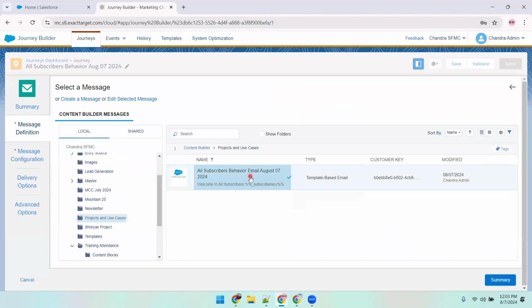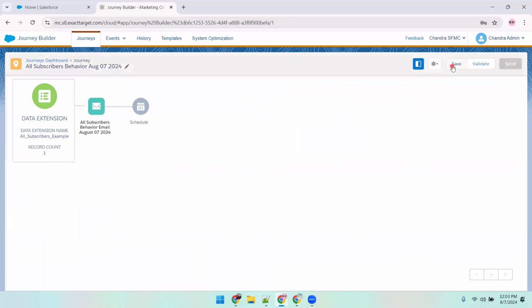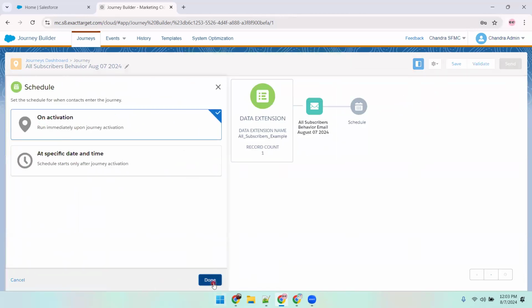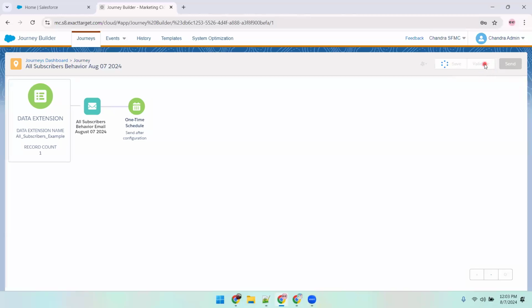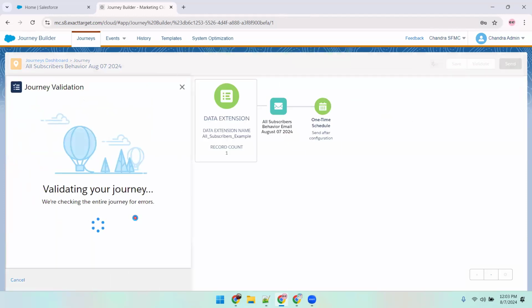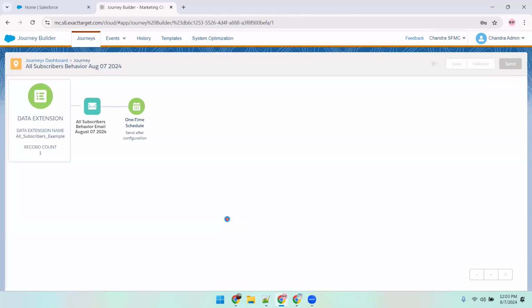Projects and use cases, project message configuration, summary done. Save. I want to send it immediately on activation. Save. Validate. Activate and send. So once this is sent, any journey, once you send the email from Journey Builder, we are